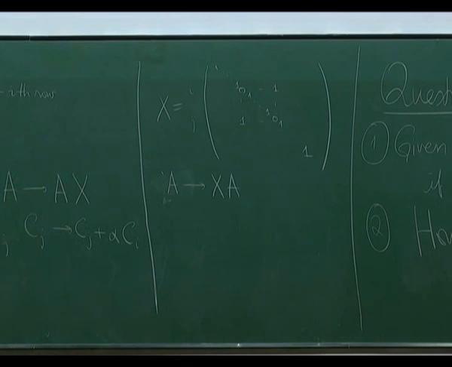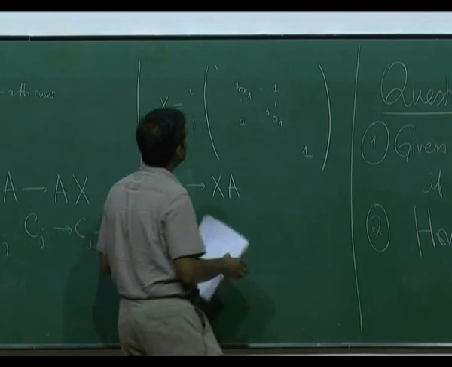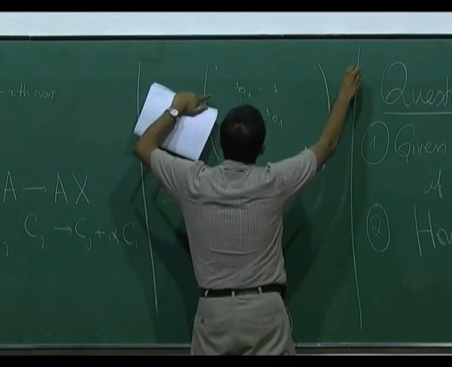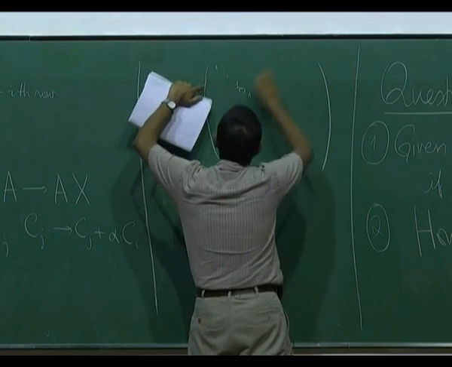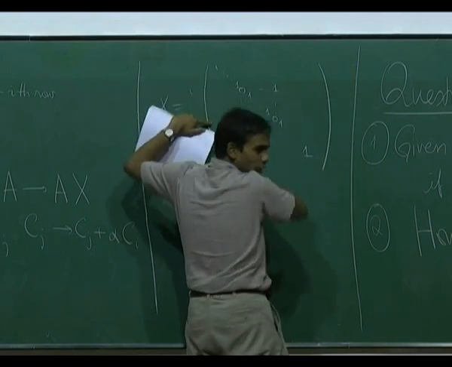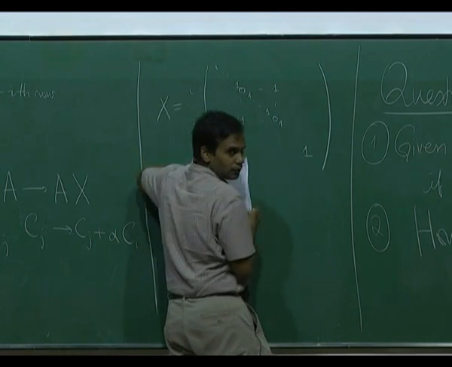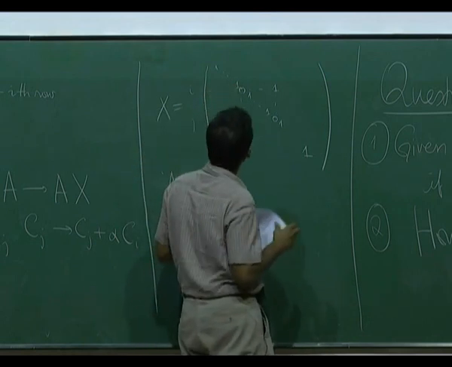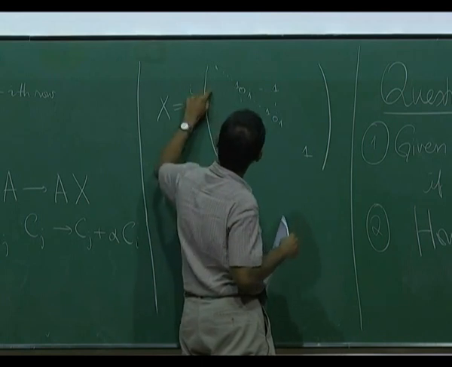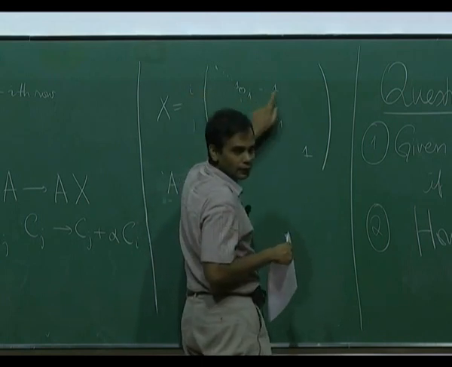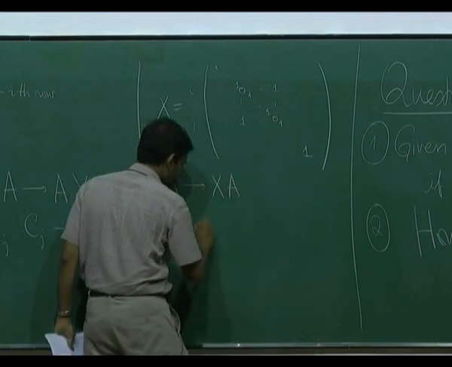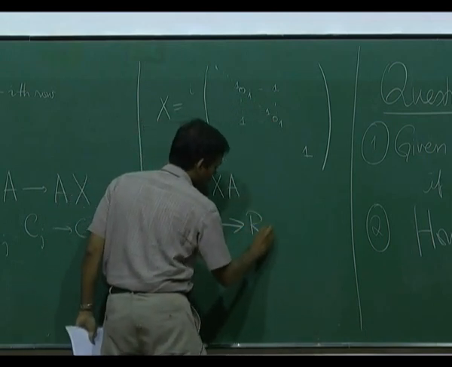So if you take A goes to x times A, then just think about it. When you are computing any entry, if you take some row which is not i or j, nothing happens, because it is just going to hit this 1 at the ith place. But if you take some other row, what will happen is in the ith row you will get the jth row, and in the jth row you will get the ith row. So the ith row gets interchanged with the jth row.